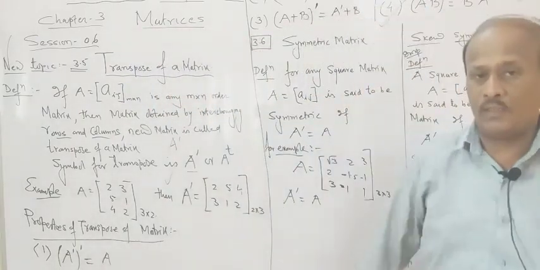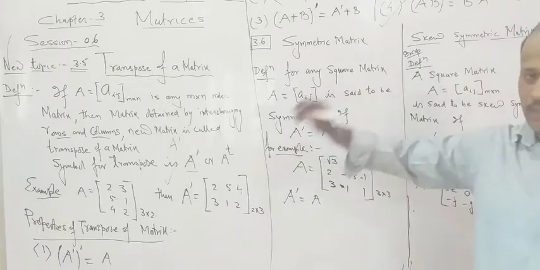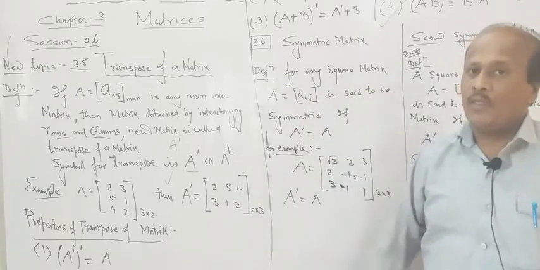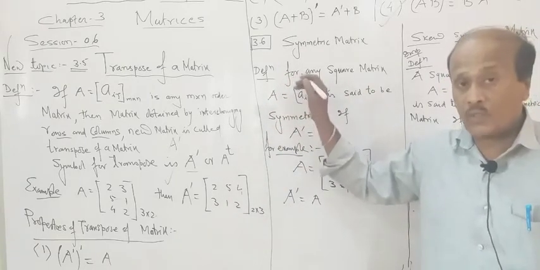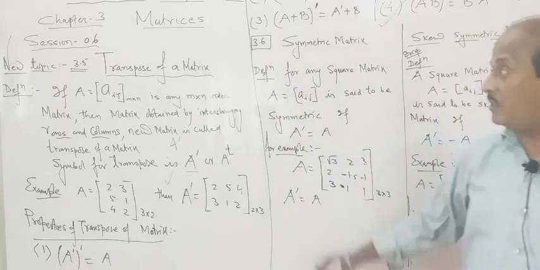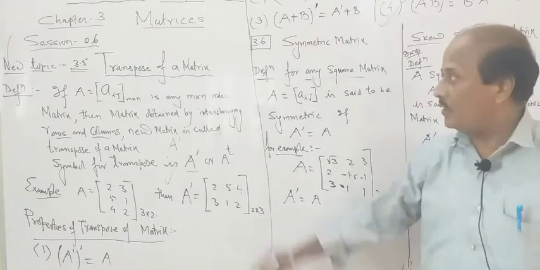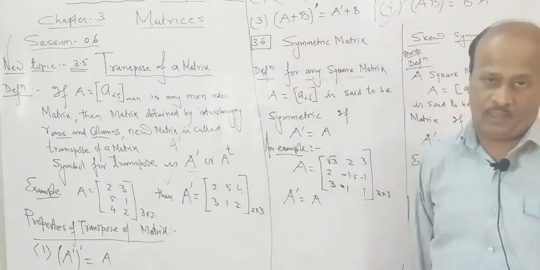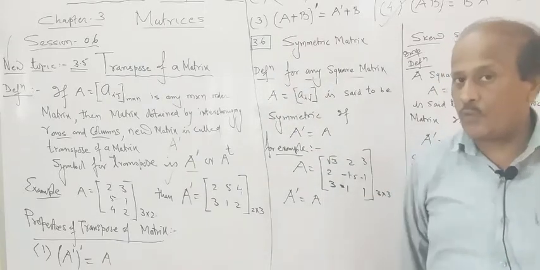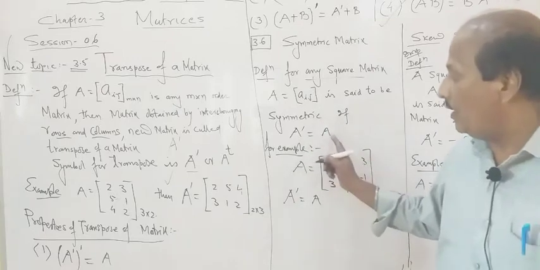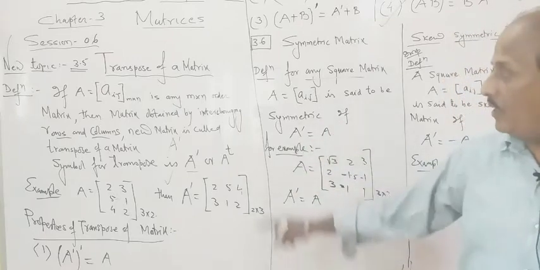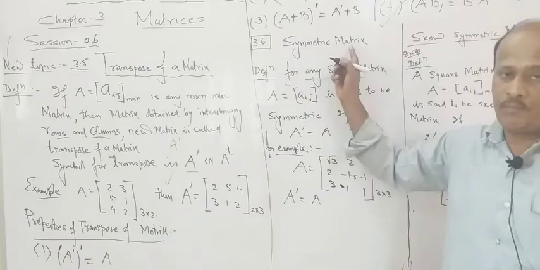So it is given like this in our textbook. A definition is given in our textbook. First of all, for any square matrix, immediately a question arises. It is not going to be applicable to each and every matrix. For any square matrix, if you are finding the transpose of the matrix and it is coming equal to that matrix itself, then we call it a symmetric matrix.